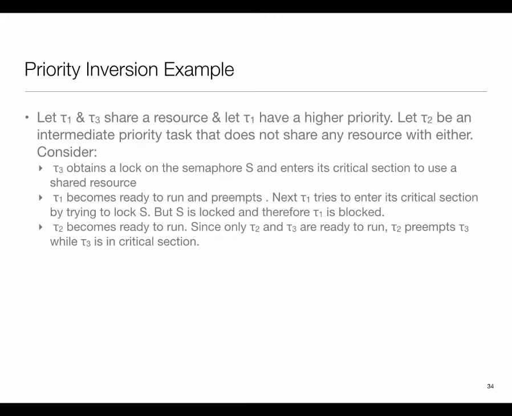It has to wait because it needs the resource and the resource is not there, so it has no choice, it blocks. And let's say around the same time, task 2 becomes ready to run. Now task 2 is higher priority than task 3, so task 2 gets the CPU. So task 2 runs, and task 3 is still holding the lock and therefore blocking task 1. Now intuitively, what would you do here? What can happen is that task 1 may have to wait for a long time. It has to wait for task 2 to finish, and then task 3, and if we are really unlucky, task 2 may arrive again, and so it may take a really long time for task 3 to release the resource.